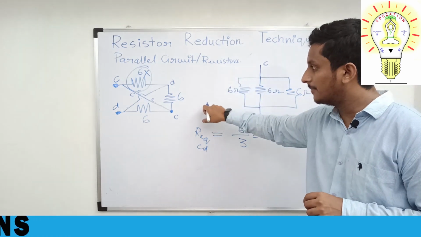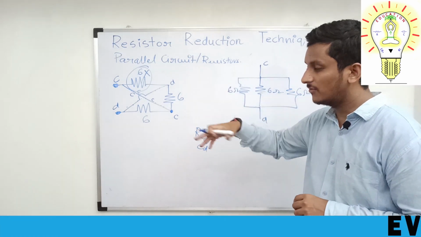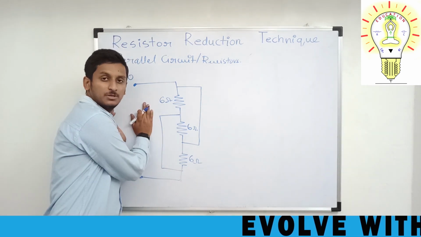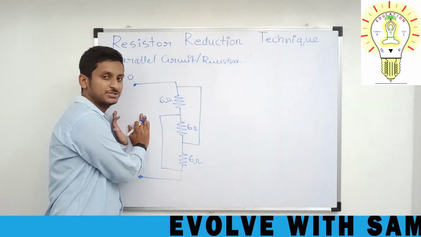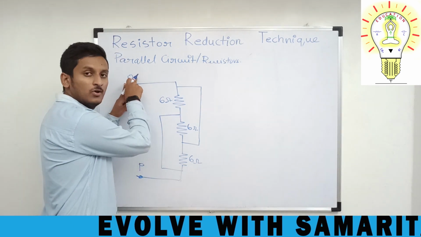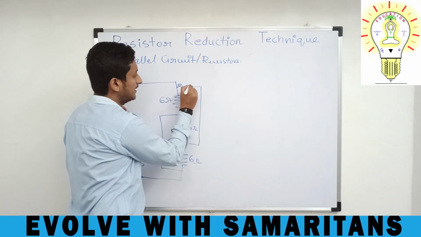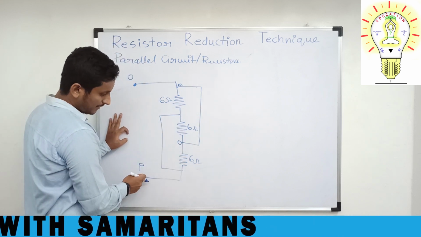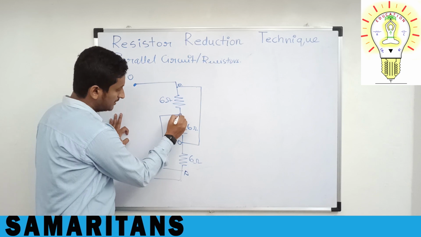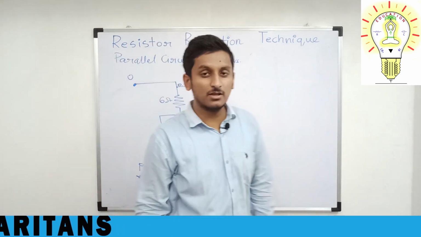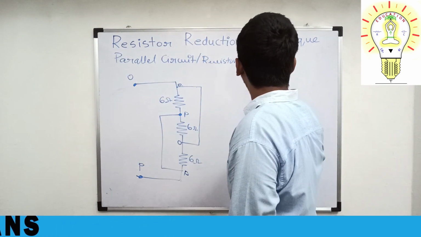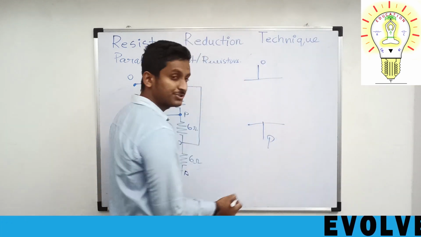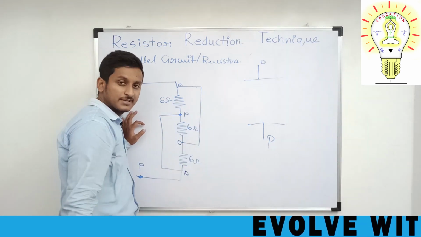Okay, on this same concept, let us solve one more problem. Now, as in the previous problem, the same concept you have to apply. This is also called the node shifting technique. Now this is O, here also it is O, this entire part is called O. Alright, again, this is P, and this point is called P. Now again same thing, take point O, okay, again you take point P. Now start to draw the resistors.